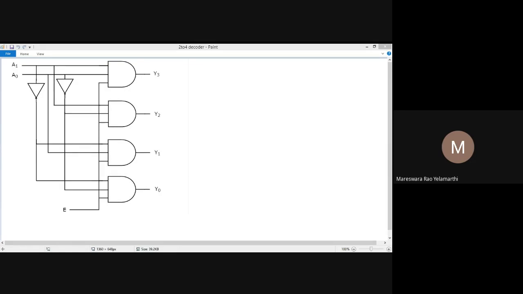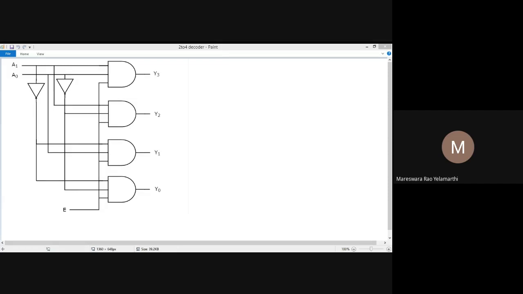A decoder is a device which converts an input to 2 power n outputs. Yes, Santosh, decoder circuits can be used on the transmission side, and on the receiver side we use an encoder.